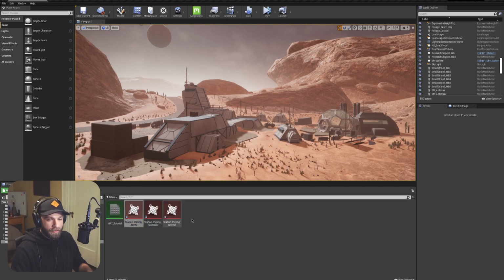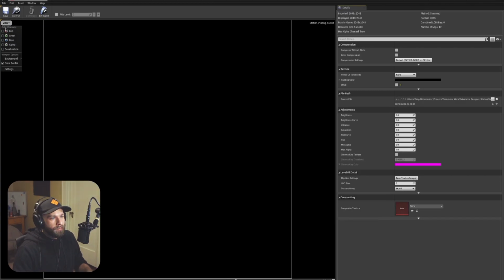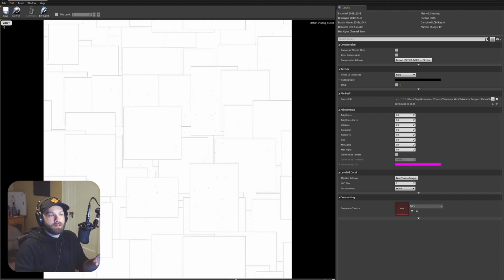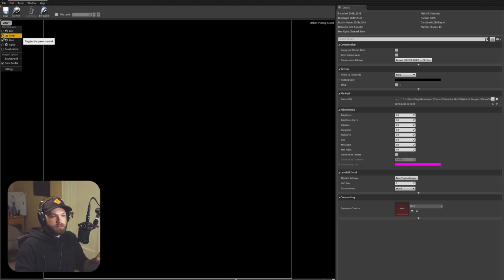I'm going to pop open my texture real quick and bring it over, so you can see here's the cavity thing. But so just for reference here, here's my AO. Why does it keep doing that? Here's my roughness, and there's my metalness, which in this case is just a fully black material because it's a